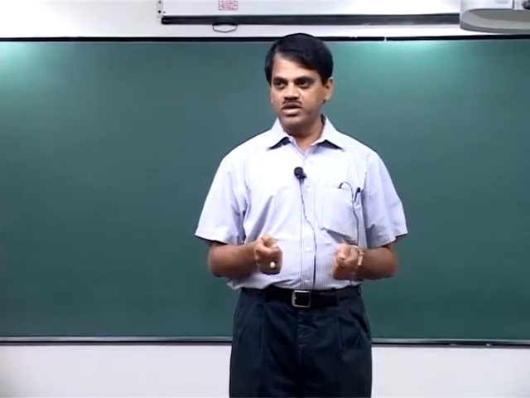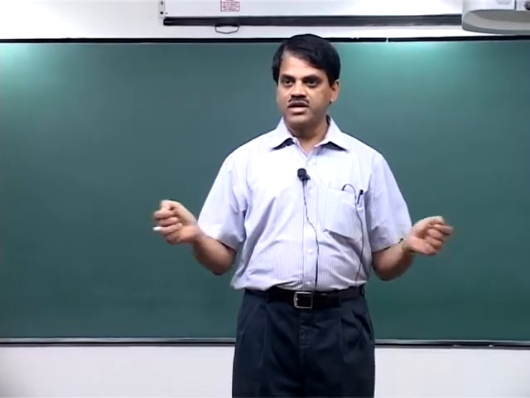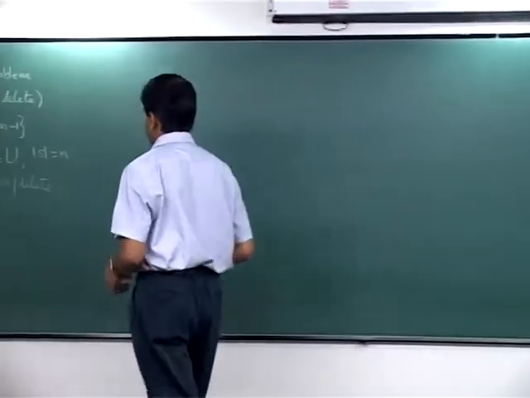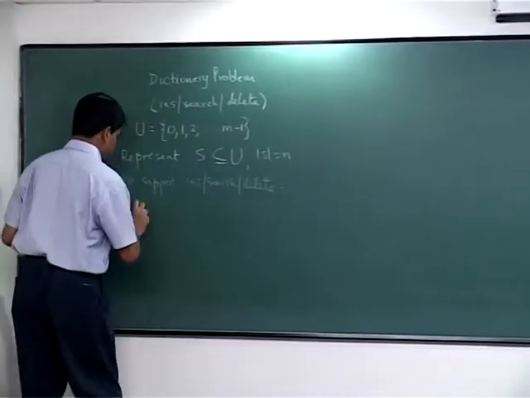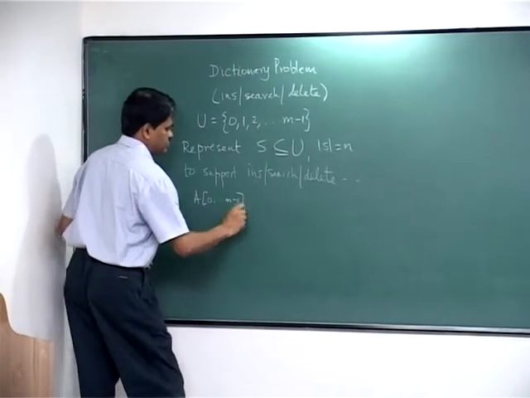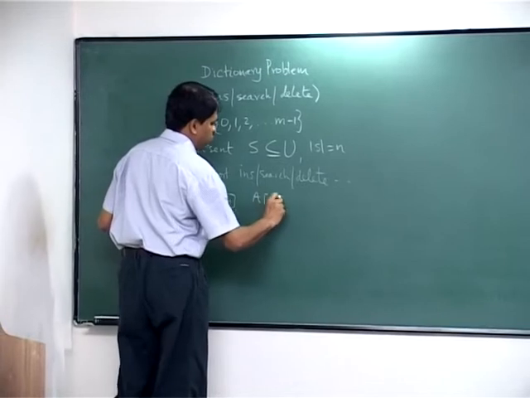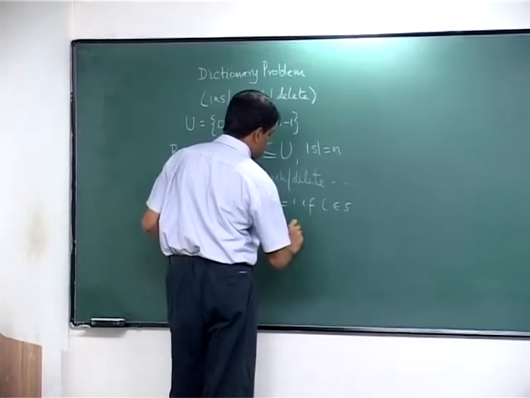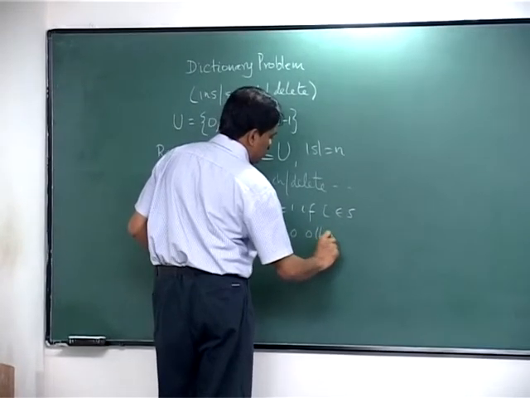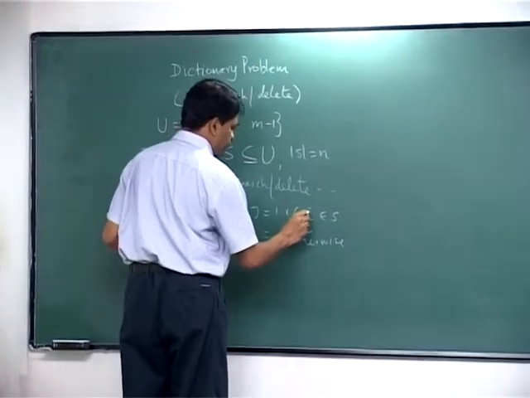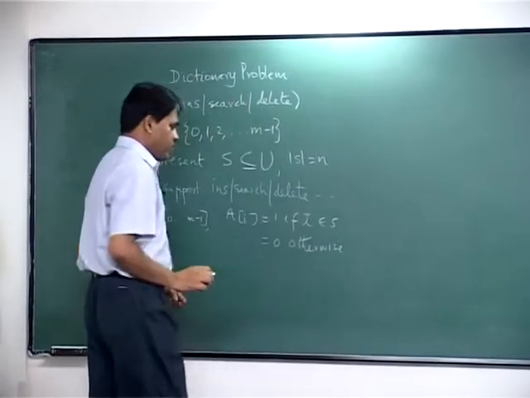So S is a set you want to represent. I represent the characteristic vector of the set. So I can have an array which simply says A of i equal to 1 if i is in S and 0 otherwise. Okay, now